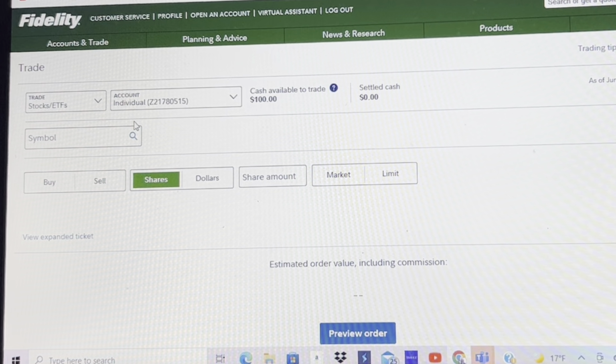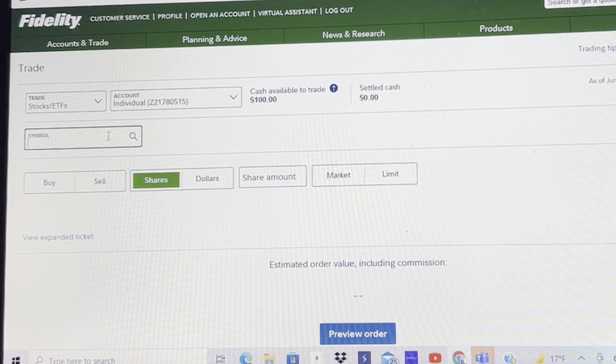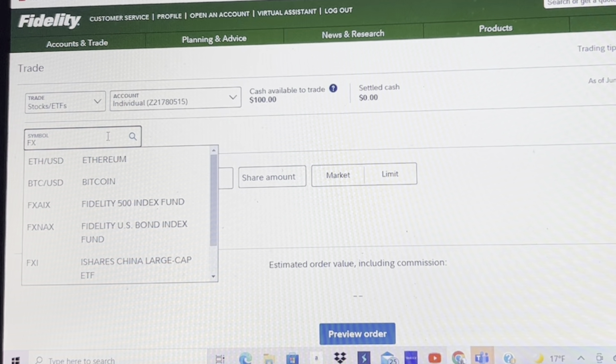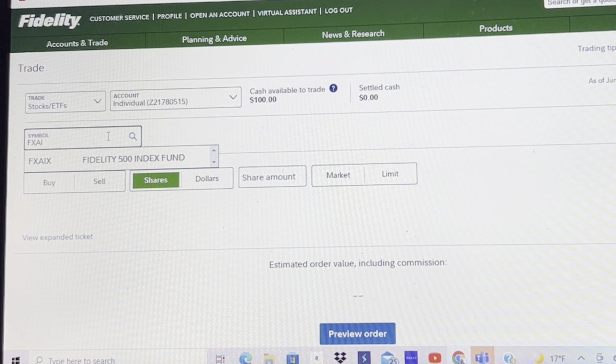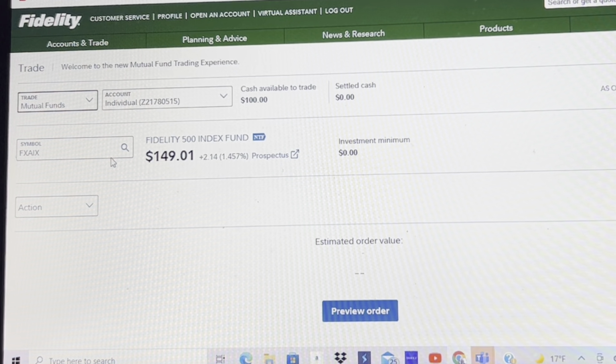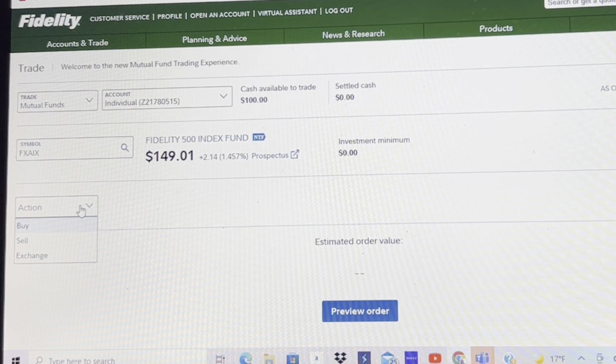So now we're gonna put in the simple index. We're gonna put in the FXAIX. And we're gonna click on that fund. Now you see here, it's $149 to invest. Go to action, buy,